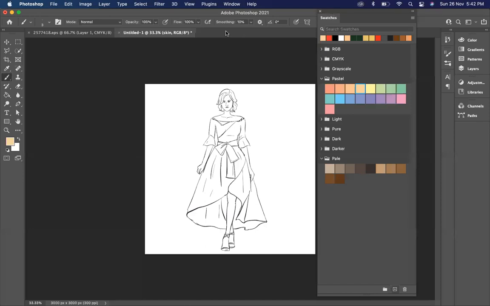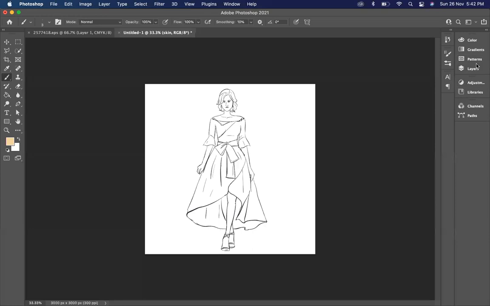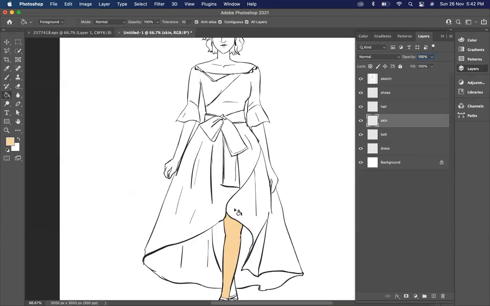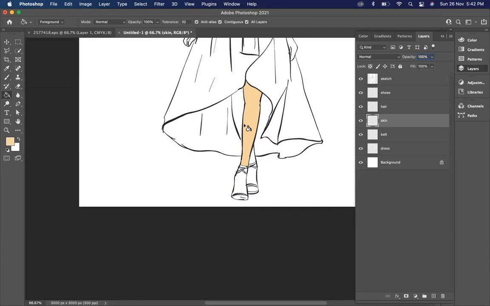You need to go to your layers panel now. Okay, here I have my layers panel. I'm on the skin layer. Use the paint bucket tool. Okay, आपको click करना है leg पे. See this? अभी बाहर स्प्रेड नहीं हो रहा है बिकॉज वी हैव क्लोज्ड ऑल द गैप्स।